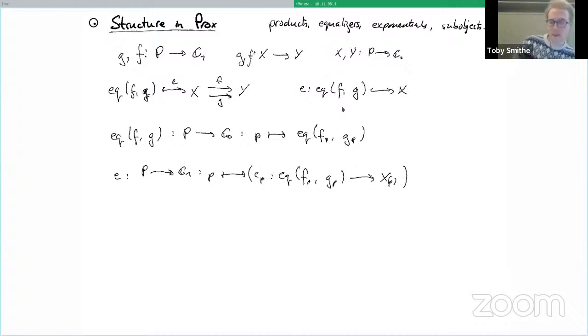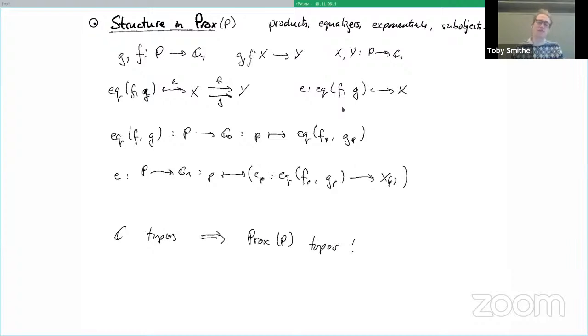And so this is like the first hint that this category really has enough objects. Each of these fibers has enough objects to recapitulate the structure that I had in C. And really, it goes all the way. So we can do this for exponentials. We can do this for the terminal objects. We can do this for sub-objects. We can do this for products. And so in particular, if C is a topos, and so is each fiber over P, which is nice.